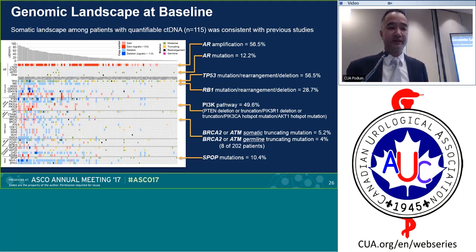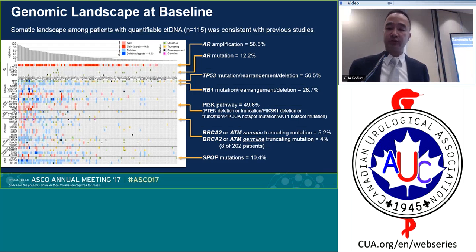What we did incorporate in the study was trying to find some biomarkers of response. Who are those patients that aren't going to respond to therapy, for example? And then when we get into second line, we're going to try to look at who are the patients that will respond to therapy. And we do this using circulating tumor DNA from those plasma blood samples. We can take a tube of plasma and we can sequence the DNA within the plasma, and this gives us an idea of what the cancer genome is like. And this is just showing a display of the results that we have. So patients are individual columns, and then genes go along in the rows.